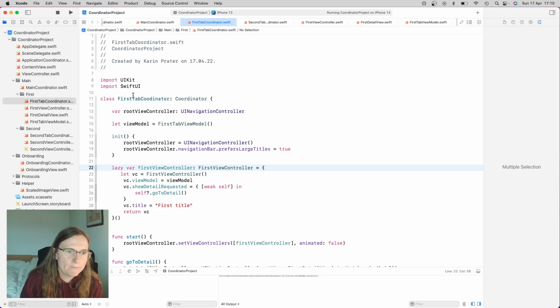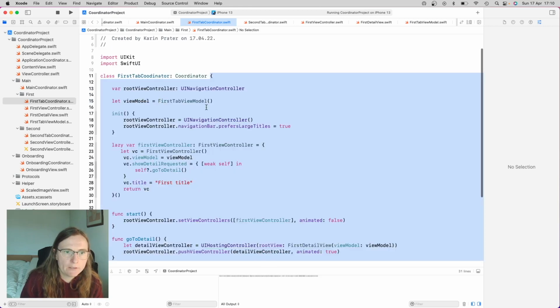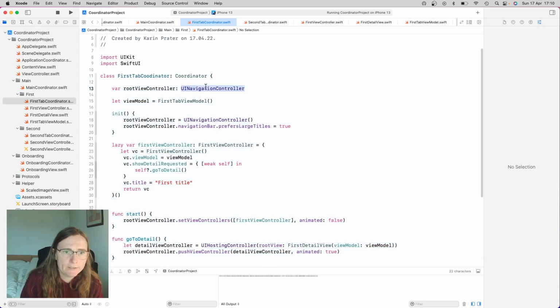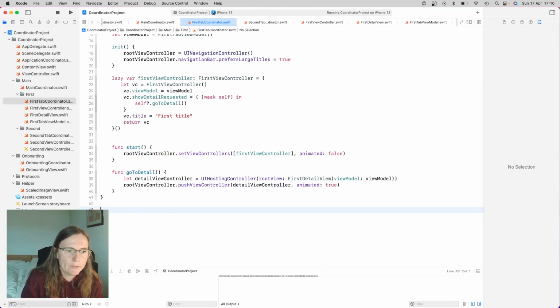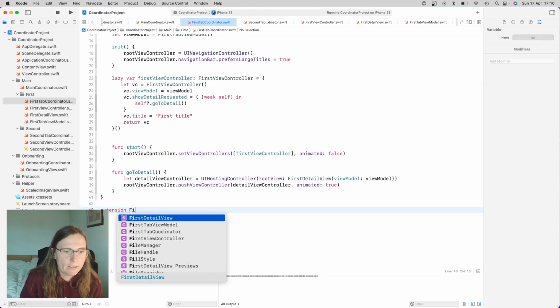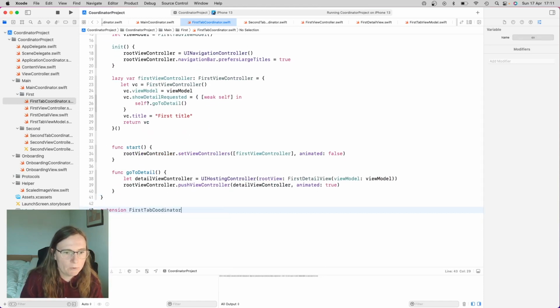If you, from the first coordinator, want to do something depending on your navigation state, you can also do that, because I know this first coordinator doesn't really know if the detail is shown or not. I mean, it could, but if you only want to do something specifically when navigation state changes, you can use the delegates for this. So this is my first tab coordinator, and this becomes now a